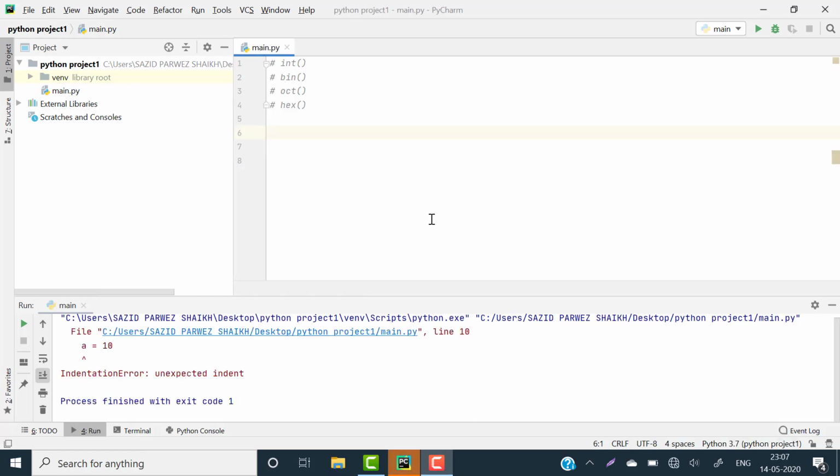See how to convert integer into binary, octal and hexadecimal. So first we begin with converting integer into binary.